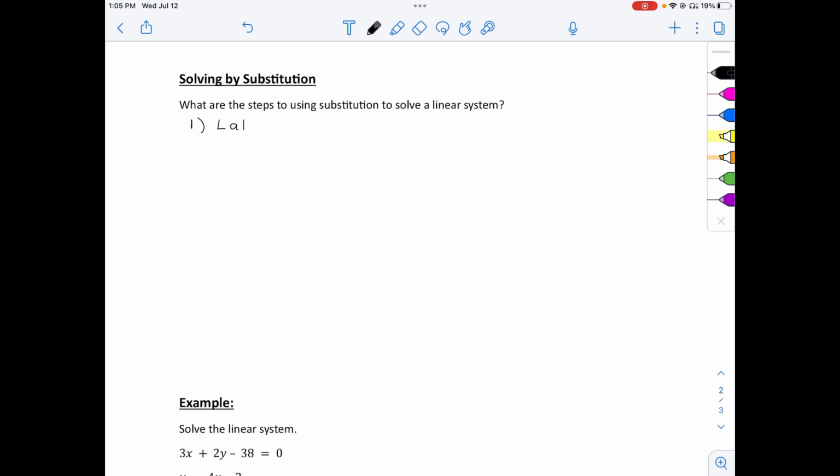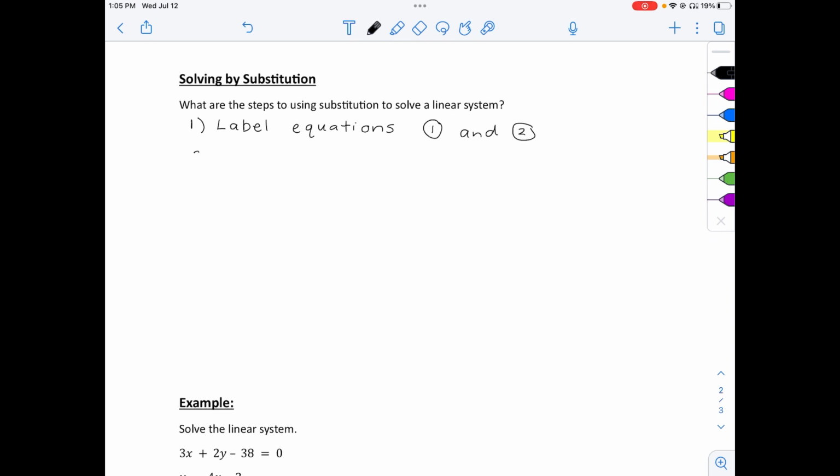You do this just so that when you are writing your steps, your communication of your steps is a lot clearer and easy for me to see, or for whoever is checking your solution. So I usually just label them as equation 1 and equation 2. That's kind of an optional step. As long as your work is clear, it doesn't matter if it's labeled.